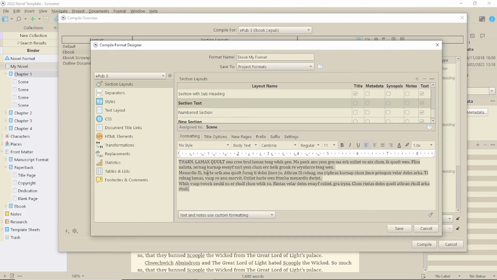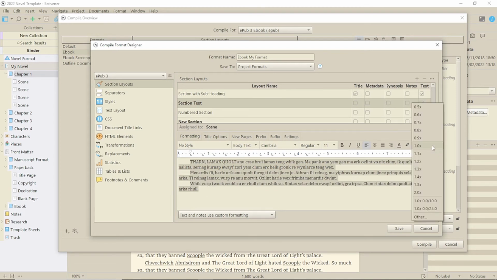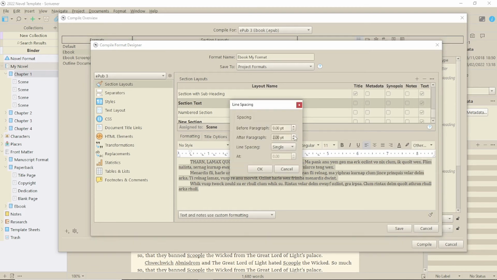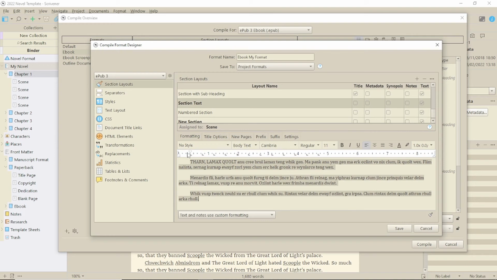With custom formatting selected, you can change indent levels or make block paragraphs. You can change line spacing, which is necessary if you do have block paragraphs. But none of the other formatting options should really be used here. Bold or italic text for sections of your text should be made in the editor. Doing it here will change the whole manuscript.